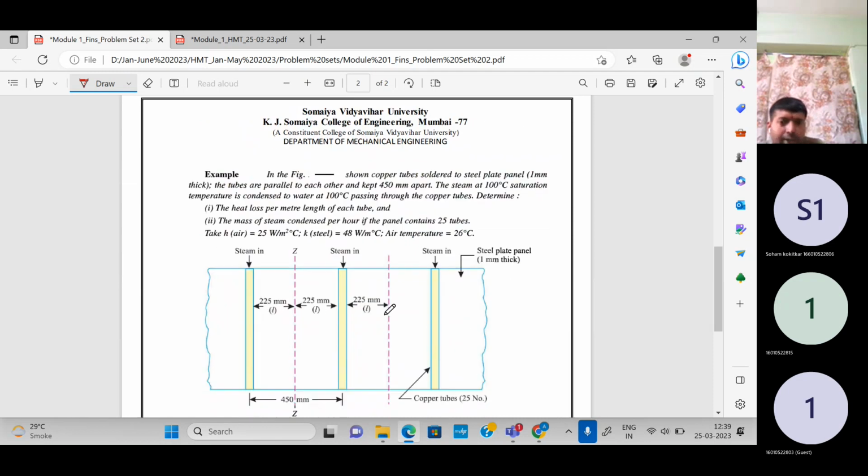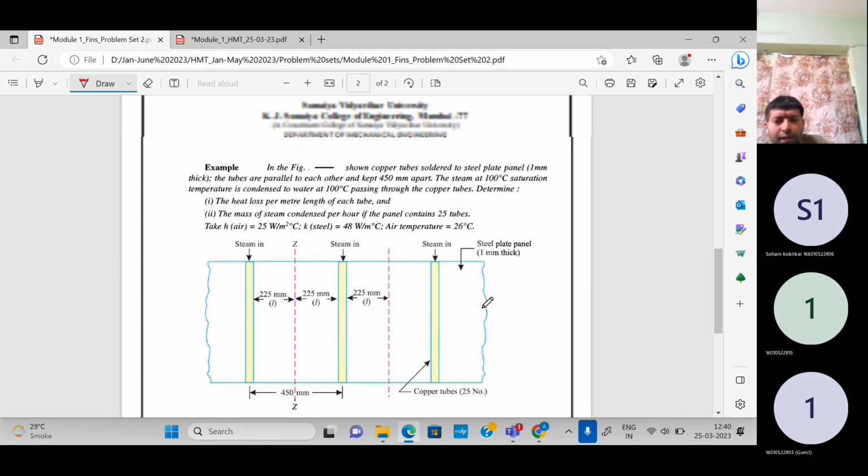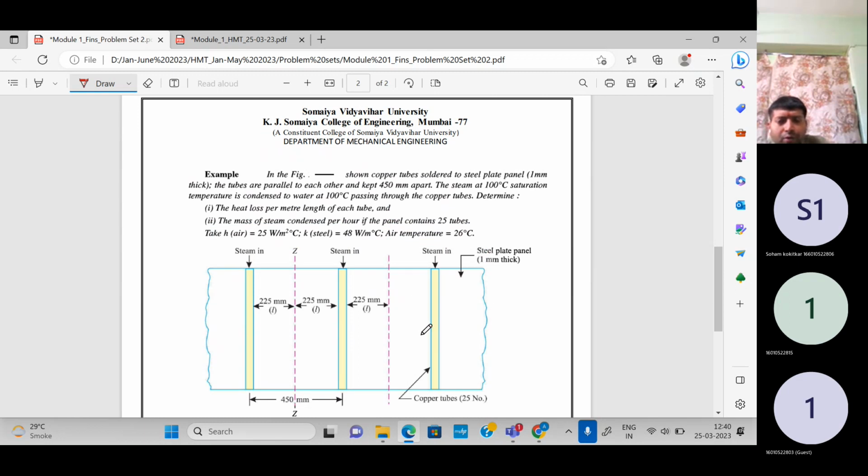चलिए, अभी ये वाला प्रॉब्लम हम कर रहे थे। ओके, इसमें डिटरमाइन करना है heat loss per meter length of each tube, and second one is the mass of steam condensed per hour if the panel contains 25 tubes. h of air is given, thermal conductivity of the steel is given, and the air temperature is given. Okay, चलिए आप लोग 2 मिनट का टाइम लीजिए और सॉल्व कीजिए। हम लोग टाइम दे रहा हूँ। अप्लाई द अप्रोच एंड देन विल सॉल्व।